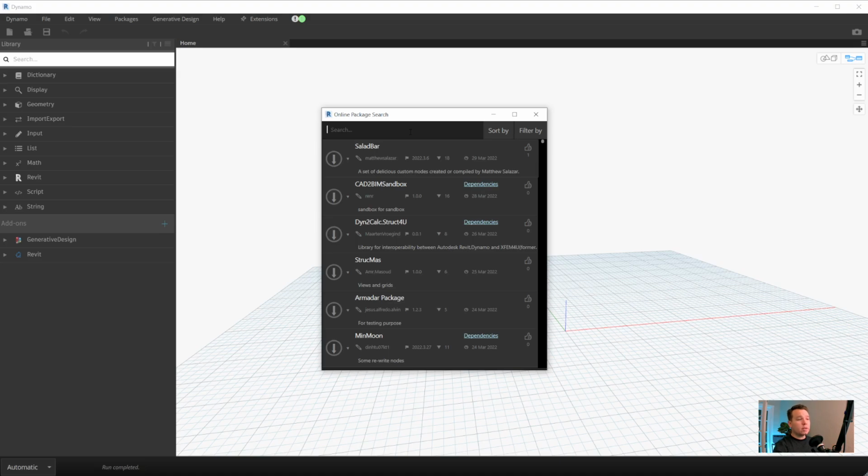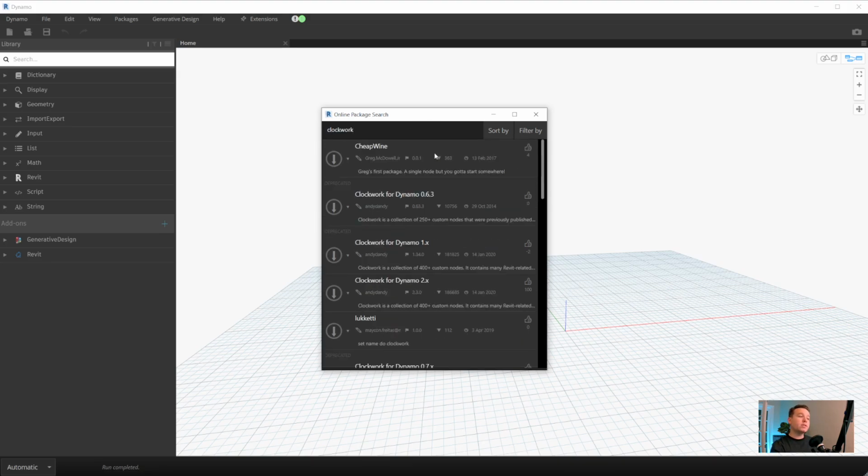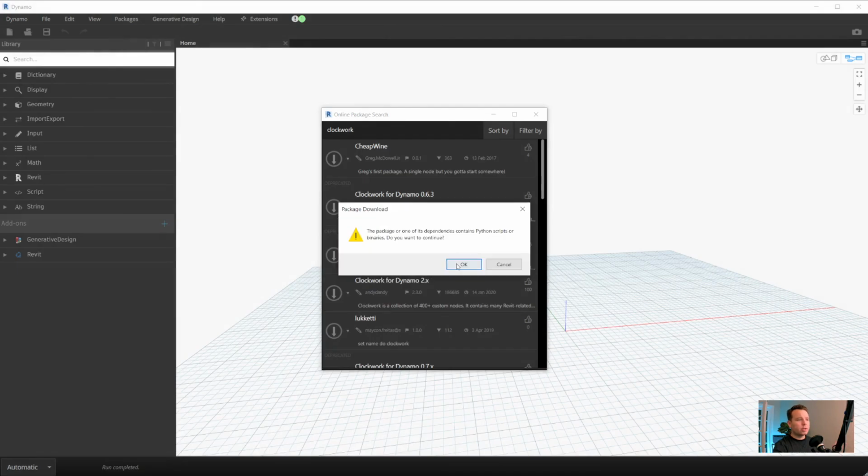In the case of installing packages, a few that I always recommend to install are Clockwork, and there's versions specific to your Dynamo version. For this course, we're in Dynamo 2.x, so we'll go ahead and install that version. We're able to install it by clicking on the download icon. It will ask you if you're sure, we'll click OK, and this warning tells us that he's using Python to